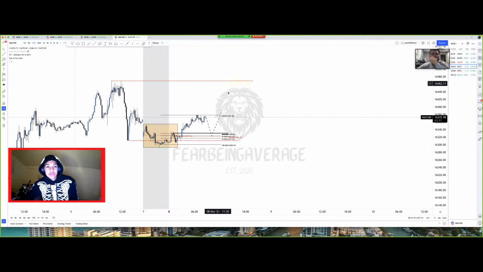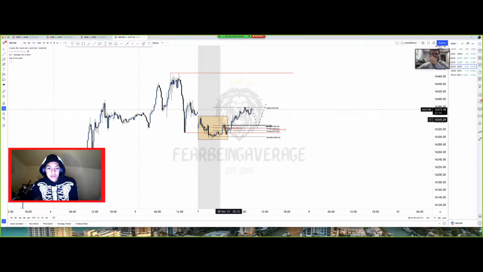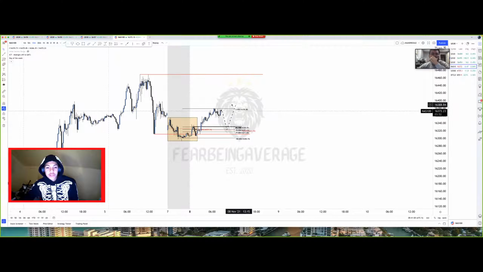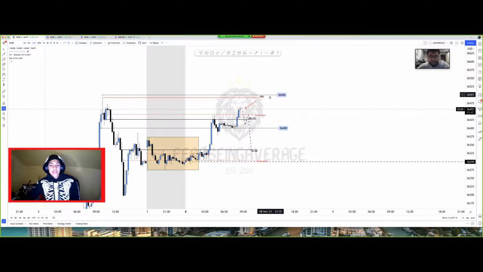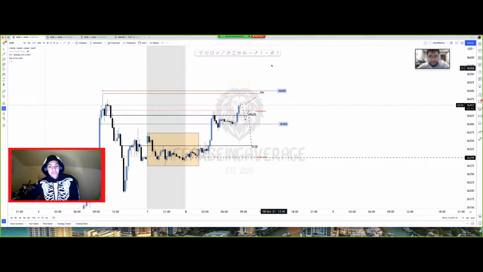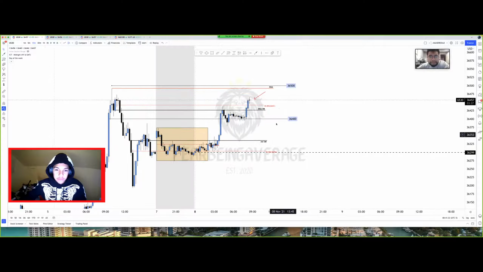Because if you're looking at NAS, we already broke the previous day's low, so there's already a chance that price overall is already bearish on one pair. So if that's the chance, then it could be similar over here. And even if it doesn't have a reversal, if I'm able to catch an expansion and at least get majority profit out here, that's still going to be a good trade.